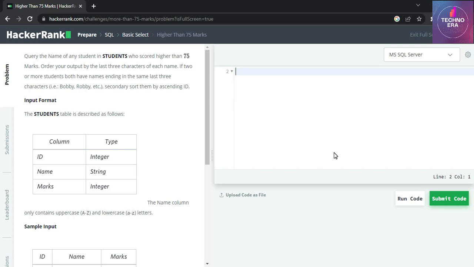Okay, so we will write select name from students table where marks greater than 75, order by